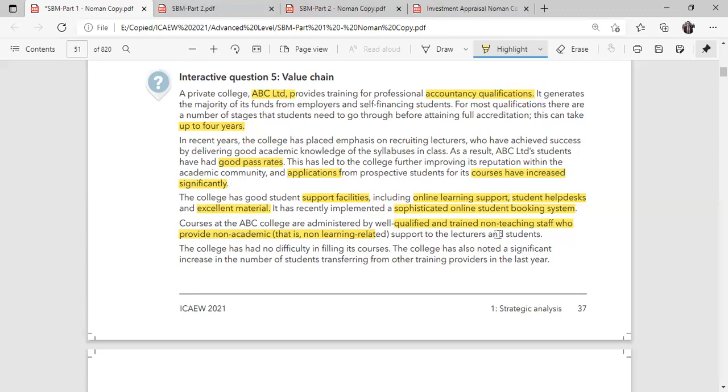Then talking about the next point, that is HRM, human resource management. Again, as we know, HRM means selecting someone, hiring someone, because that's a primary role of our HR department. So how we are going to hire and recruit our different lecturers, because we claim that they have good experience, we have very good results, we have excellent past results.